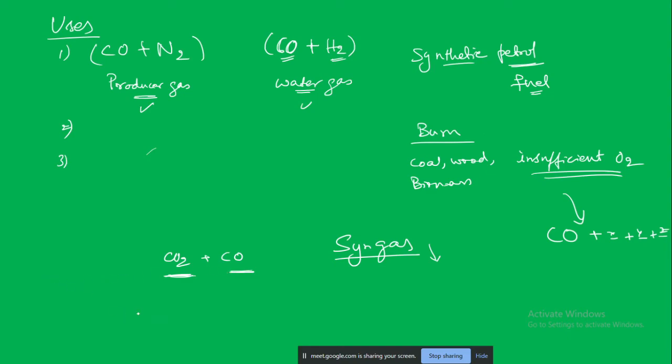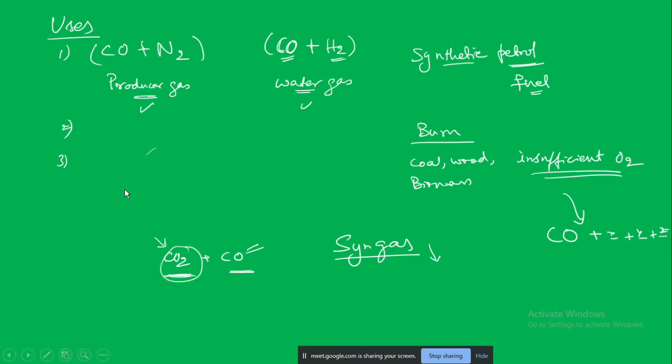We will be seeing in the next one the reducing agent used in the extraction of iron. Next class we will see that. In that you will see the reaction of carbon with oxygen to give carbon dioxide. Carbon dioxide again reacts with carbon to give carbon monoxide. Different reactions are possible, but the temperatures can go almost to 1800 degrees centigrade, more than 500 degrees centigrade. Generally these two will not react with each other. Carbon monoxide is more interested in reacting with either oxygen or carbon, and carbon dioxide doesn't want to react, as it is quite stable already.